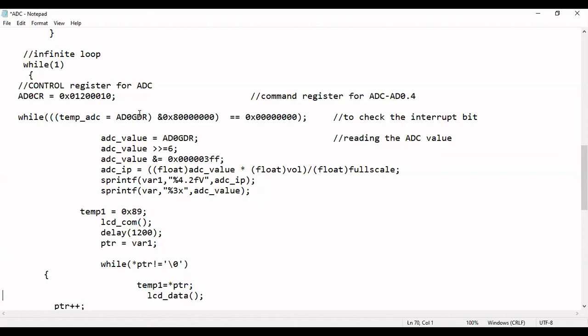So when you execute the program on the board, you need to use that potentiometer to vary the analog input values. According to the variations, whatever analog input it takes will be converted into a digital value. So that is the procedure of executing this particular program. Are you clear with this?